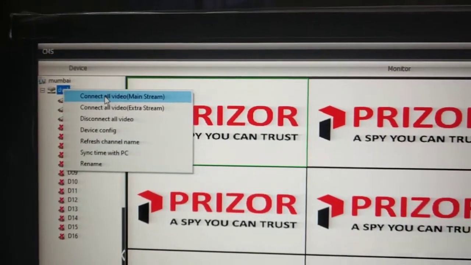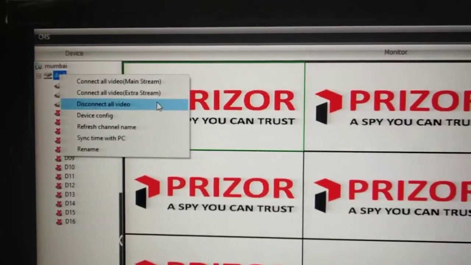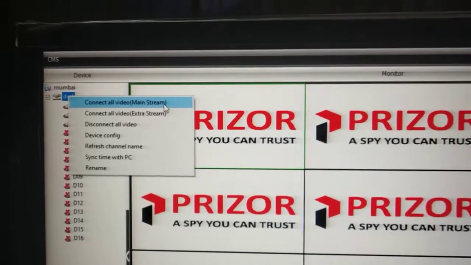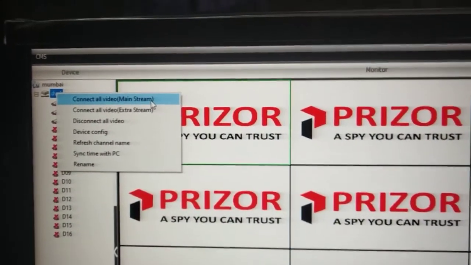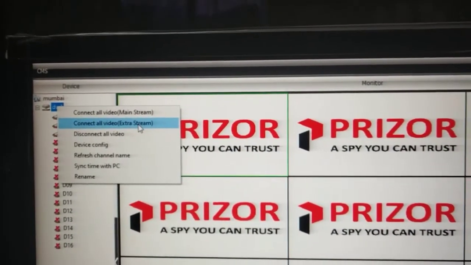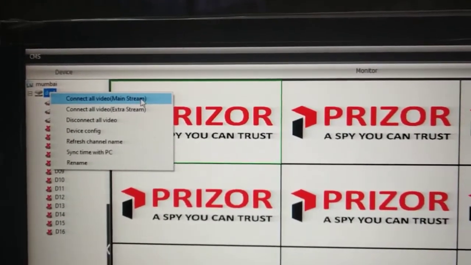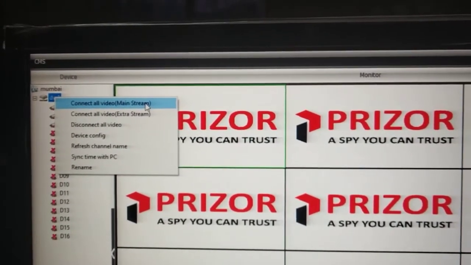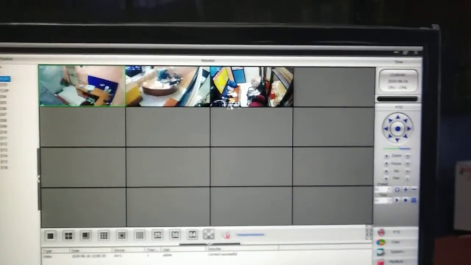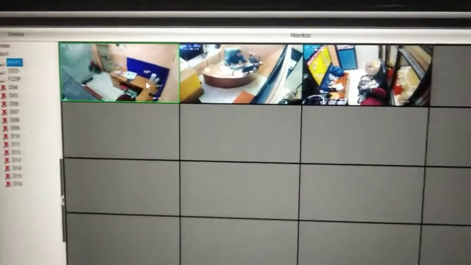If your network is very poor, very slow, and PC is also very slow, you can select extra stream, otherwise you can select mainstream. If you have multiple DVRs like 3 to 5 DVRs, you need to select extra stream, so your bandwidth consumption is less. So now I am only showing you a demo, so I click on mainstream. So this is a DVR and NVR, you can see like this. Okay,